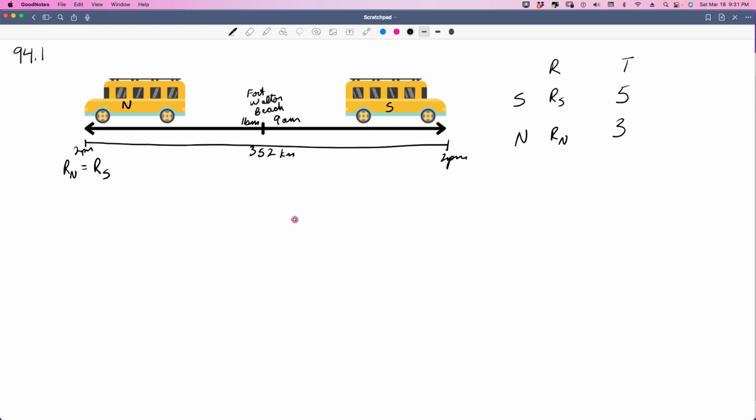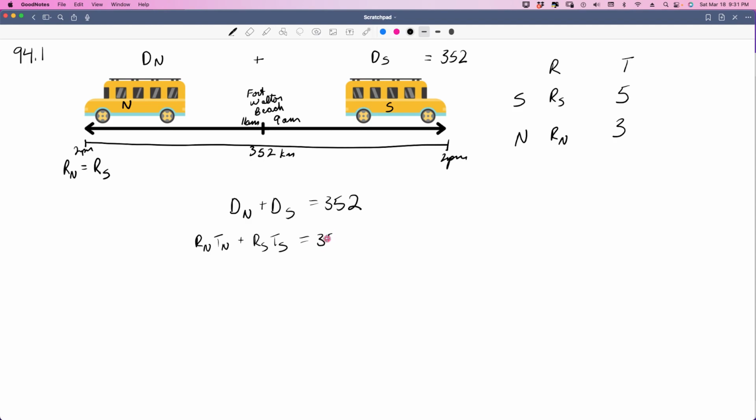Now we know that the distance of the northbound bus, I don't know why I keep saying train, plus the distance of the southbound bus was equal to 352, because that's what it told us down here. So we can write that as a problem right here. The distance of the north plus the distance of the south was equal to 352. Now we can split that into rate times time. So the rate of the north times the time of the north plus the rate of the south times the time of the south